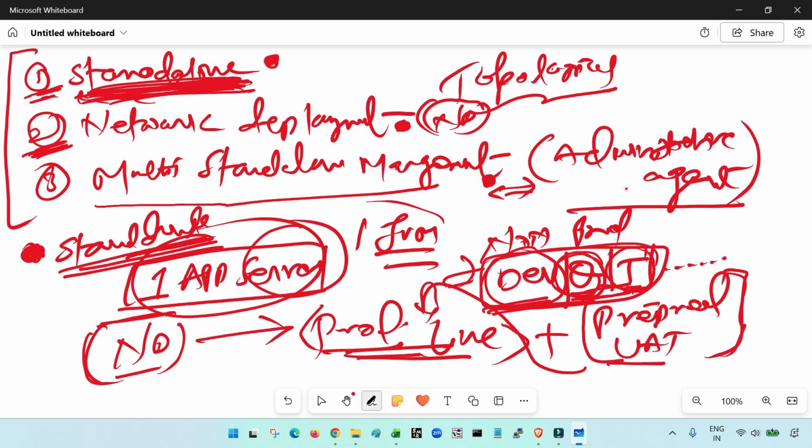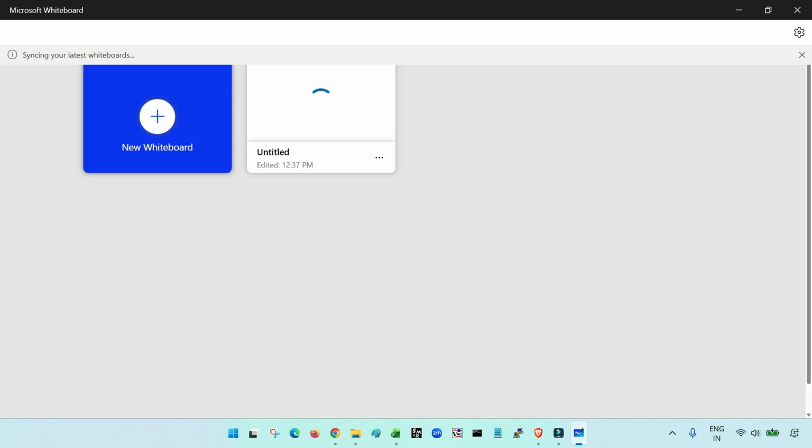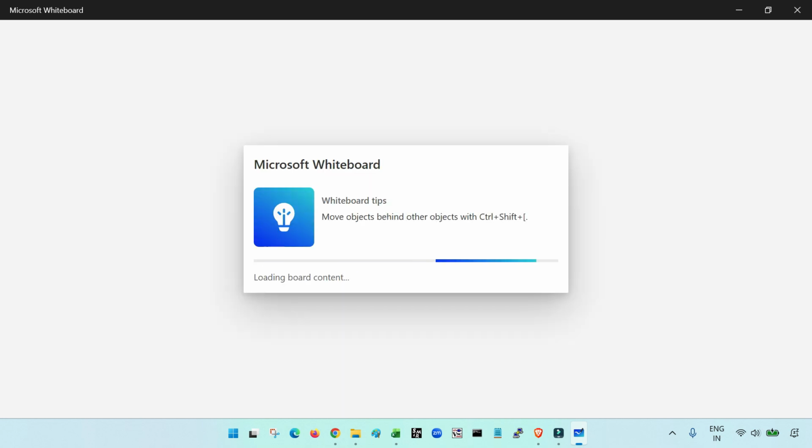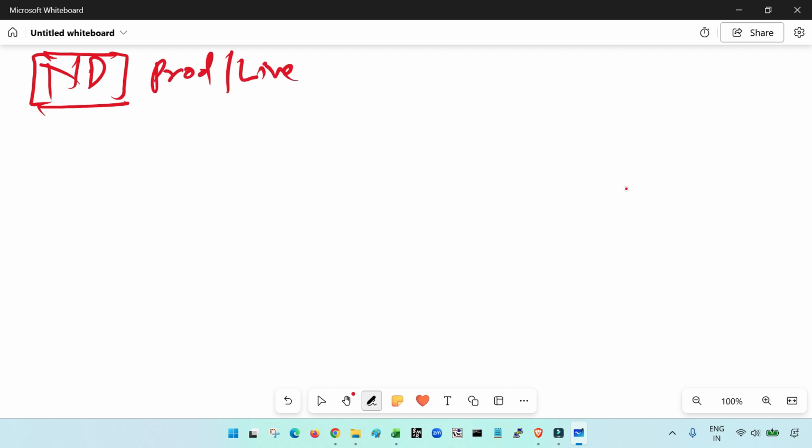For that, we configure the network deployment. So this network deployment is for production. Okay, so that means this comes with multiple features that may not be required for the non-production environment. Okay, now let me talk about a few more things about network deployment. So network deployment, as I said, okay, this is a production or your live environment setup. Okay, so now if I